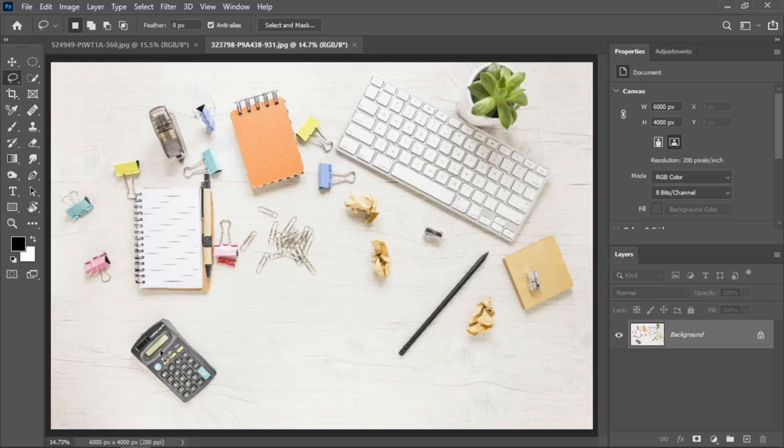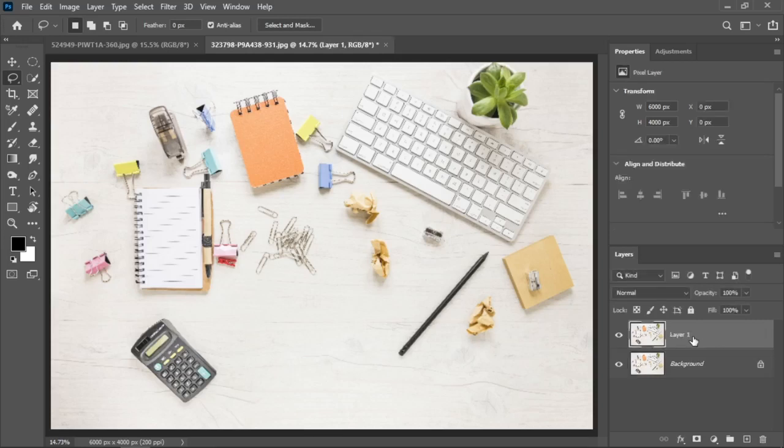So let's just say I want to remove this calculator. First of all, I will duplicate my layer. Simply press Ctrl J on the keyboard, J for Joker. The only reason why I duplicated it is so that I would have the original image. After that, using the lasso tool, I will make a rough selection around the image. Obviously it doesn't have to be perfect, but make sure that you make the selection around everything. Like if it has a little bit of shadows, you go around it.